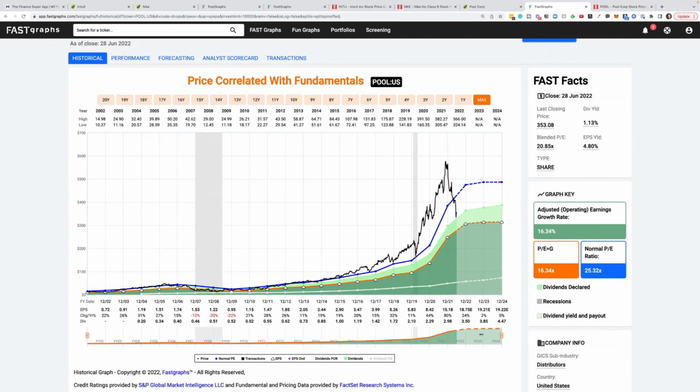But just looking at the numbers, back to 07 to 09, they went into 06 with $1.74 in EPS, earnings per share. That dropped down to $1.53, then $1.22 through the Great Financial Crisis. I could see the same trend happening with earnings through another recession, which could take this blended PE from 20. If earnings drop from 19 to 9 or $10 per share, then this PE suddenly becomes 40, not 20. So bottom line, I think Pool Corp is at risk of reduced earnings into a recession because I think they've over-earned in the past couple of years, which sets this stock up to actually be pretty expensive compared